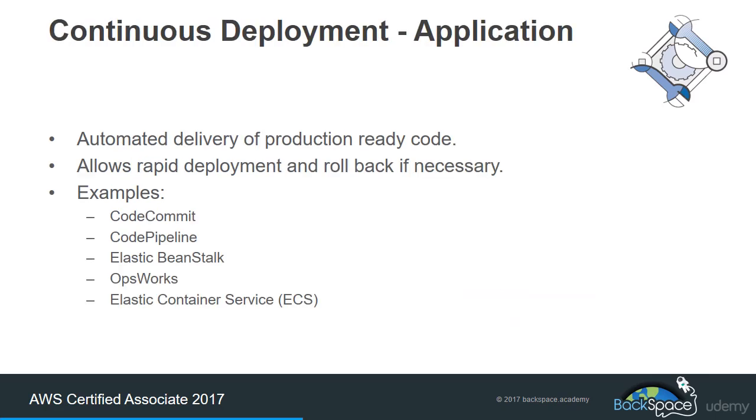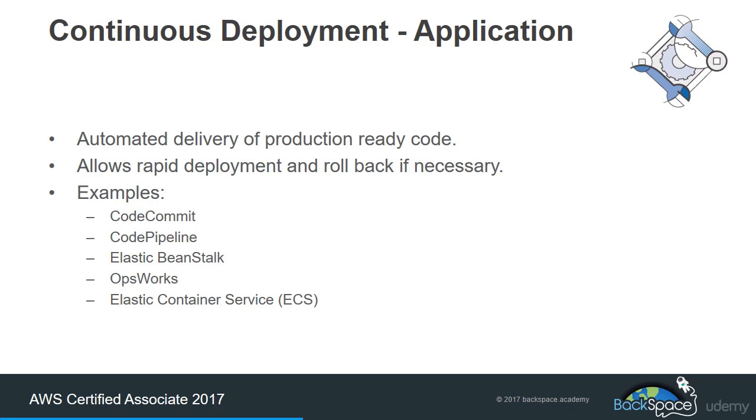So continuous deployment of our application. Now that is around the automated delivery of production ready code, and it allows rapid deployment and rollback if necessary. So examples of continuous deployment include CodeCommit, which is AWS's Git repository service. We have CodePipeline, which is another very good tool for developers, which allows you to define a pipeline of stages for releases and what is required for a release to progress to the next stage through to a